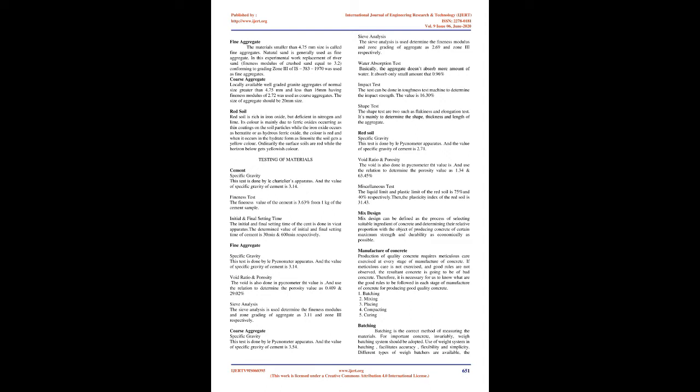and zone 3 respectively. Coarse aggregate. Specific gravity. This test is done by the pycnometer apparatus, and the value of specific gravity is 3.54. Sieve analysis. The sieve analysis is used to determine the fineness modulus and zone grading of the aggregate as 2.69 and